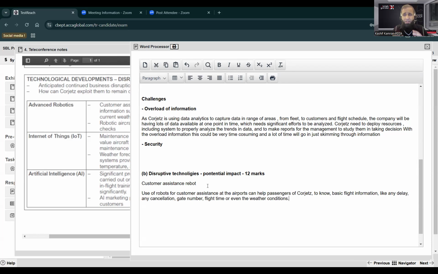So you can feed the robot all this information, and the robot can then share this information with all of the customers. If you take the assistance of the robot, it can tell you the flight gate number, whether the flight is on time. You can ask that of the robot. You can even ask the robot about the weather conditions, about any possible delays, and the robot will give you all that information which has been fed into it for that particular flight. Now, this can be really beneficial, right? This sort of assistance